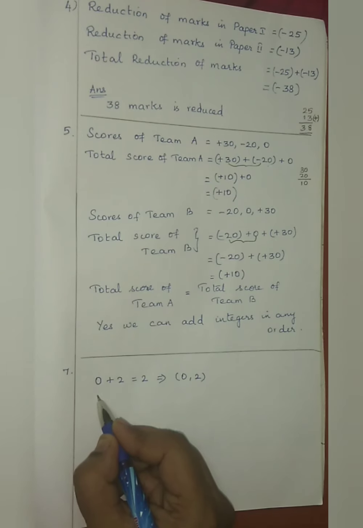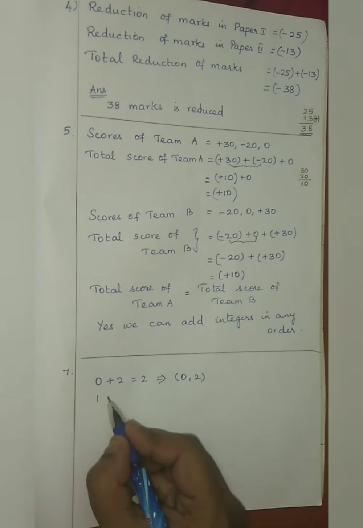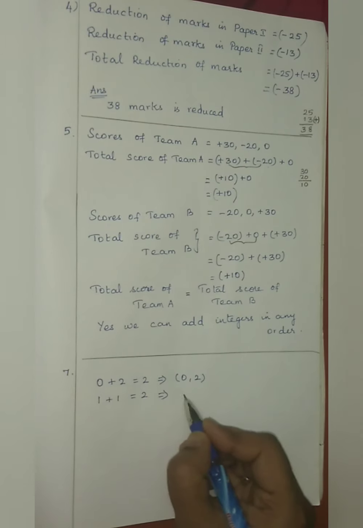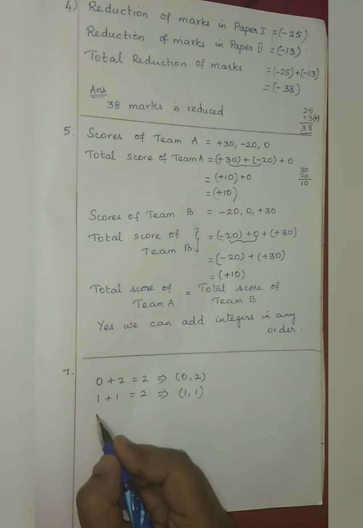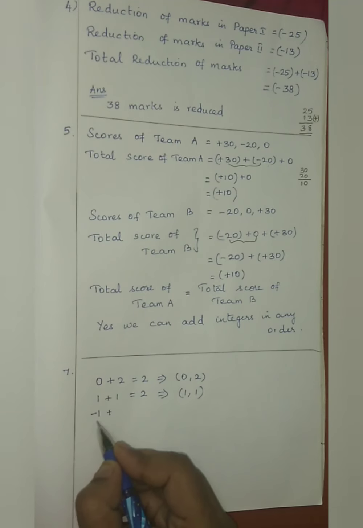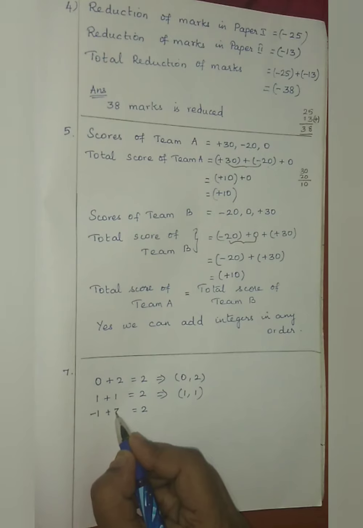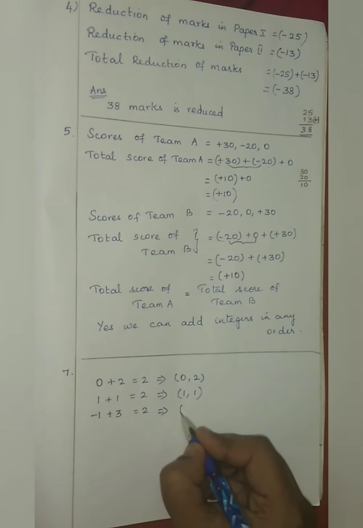Next, I'm going to take 1. What when added to 1, I will get 2? 1, isn't it? So 2. The second pair is 1, 1. Now I'm going to take the first integer to be minus 1. So what when added to minus 1, I will get 2? 3, isn't it? So the next pair is minus 1,